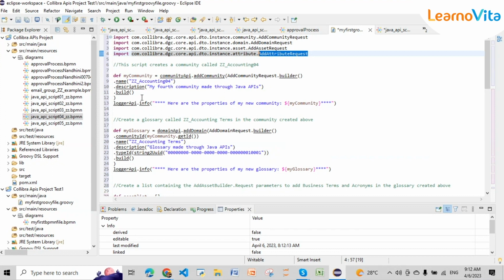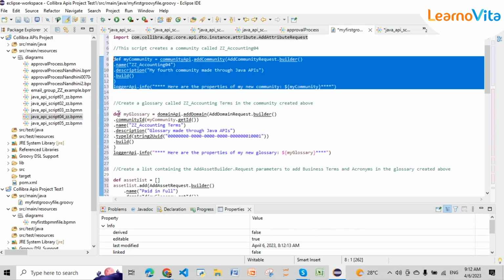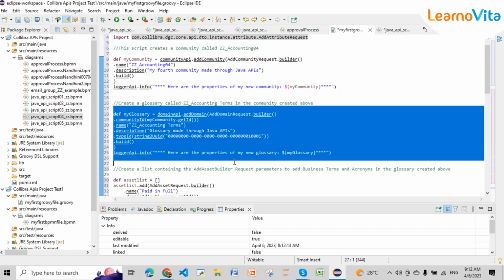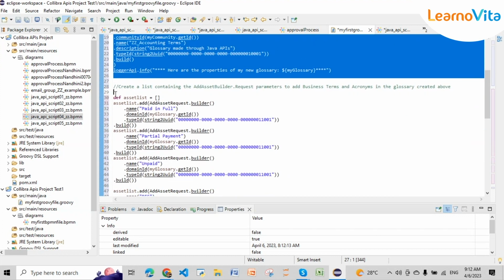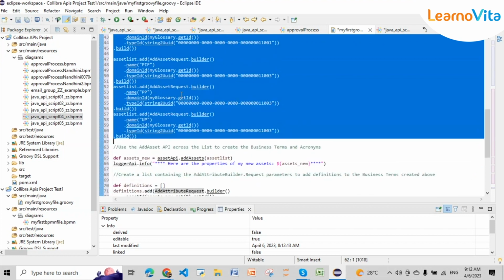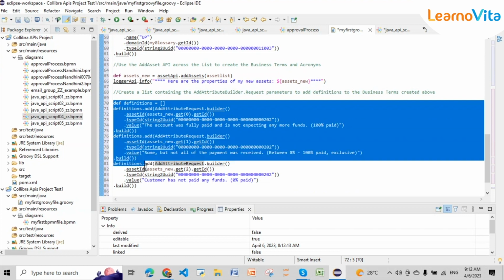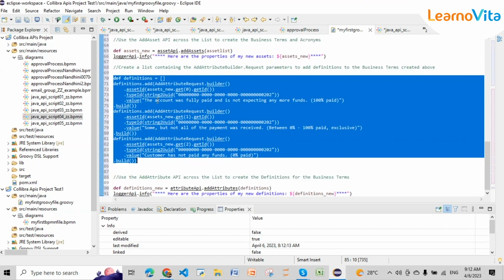So for adding attributes, let's see. So this is for adding community, and then this is for adding a glossary domain, and in this list we are just using the previous one. So for adding business terms as well as attributes like acronyms, and now we are going to add the attributes, nothing but definition. So first